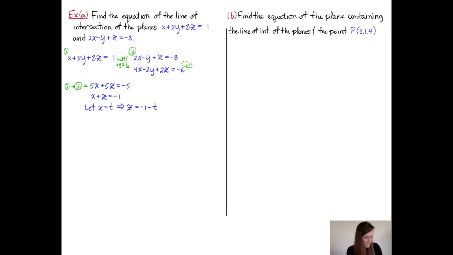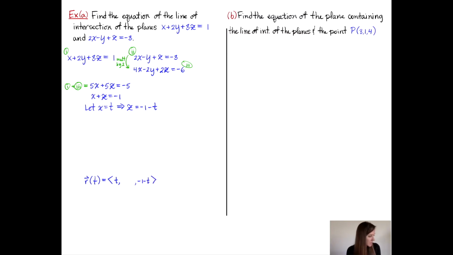So now in terms of the equation of the line of intersection, we know our x component is t. We know that our z component is negative 1 minus t, and we just need to solve for our y